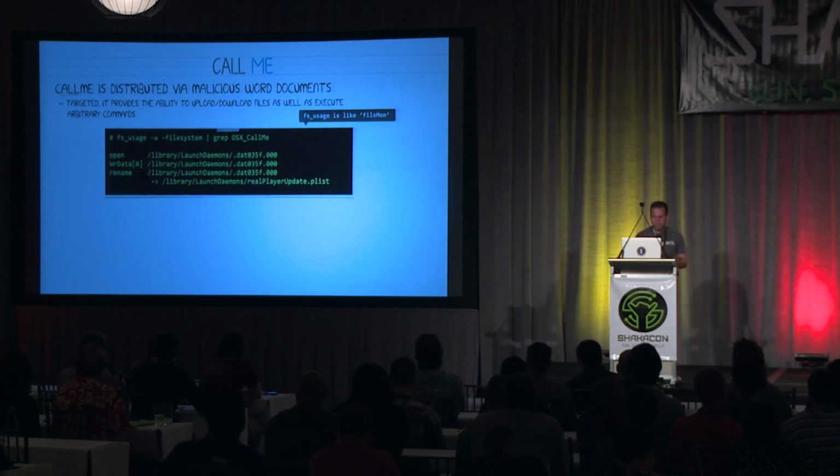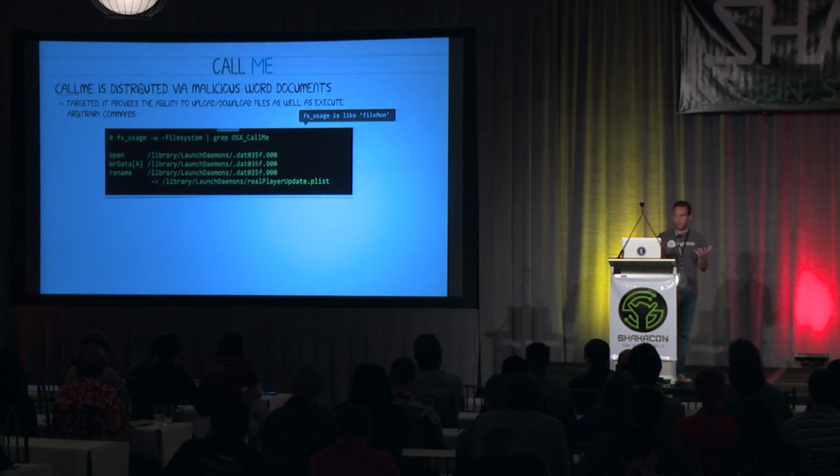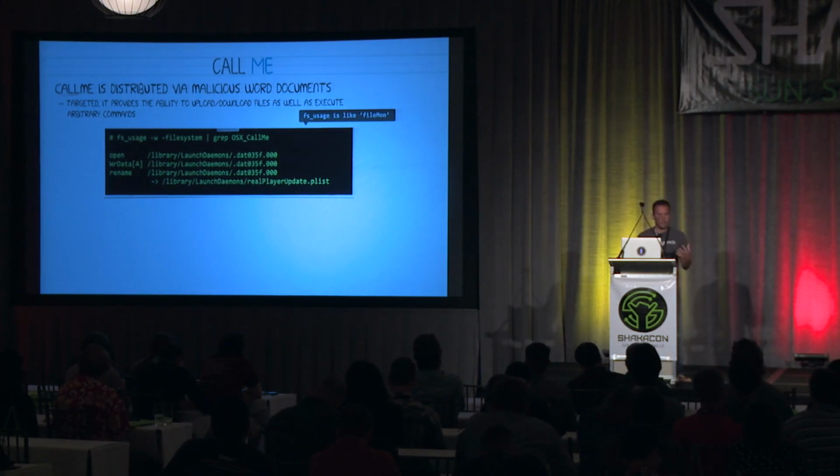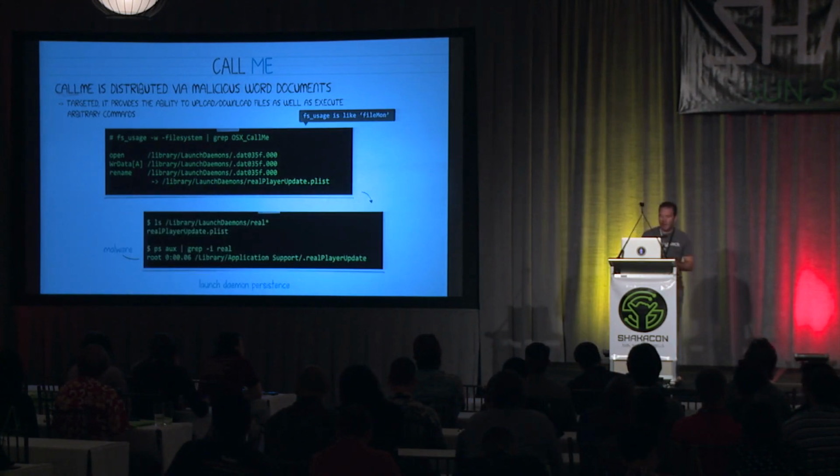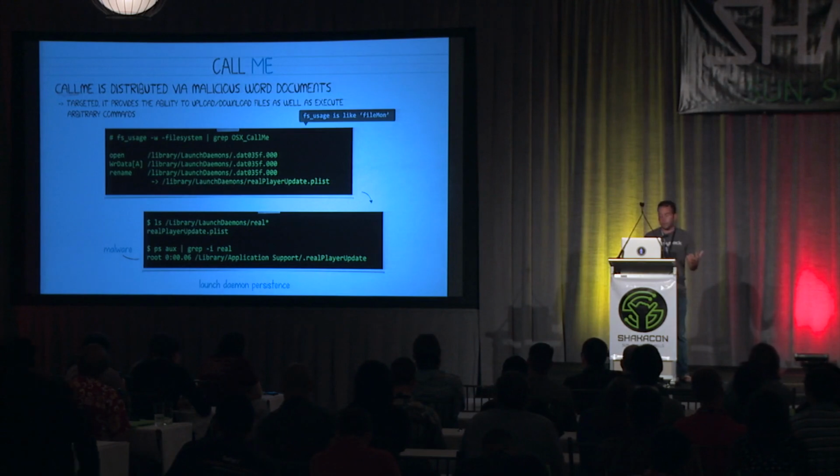This malware is pretty basic, but what it does is when it executes, it persists as a launch daemon. You can actually observe this by using the FS usage tool, which is kind of like FileMon for Windows. It shows file I/O activity. When the implant or the binary is first run, you can see it creating this plist file to install itself as a launch daemon. Then once the malware is finished installing, if you look at the launch daemon directory, you can see the plist it's created. And its binary, which is also named real player update to match the plist, will be automatically executed whenever the computer is restarted.